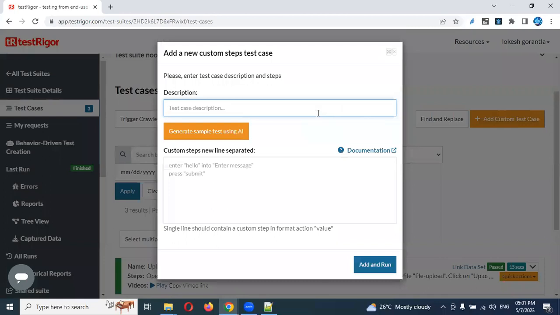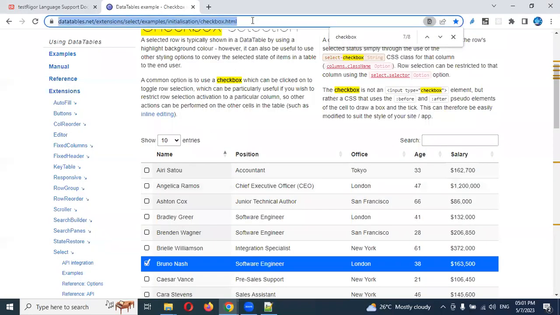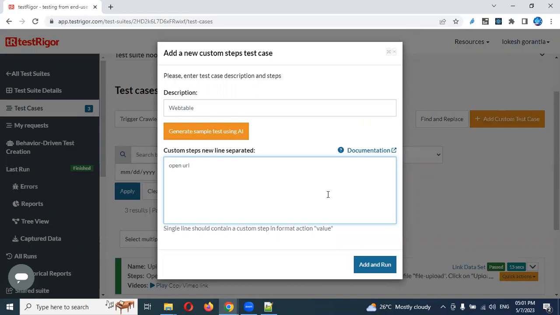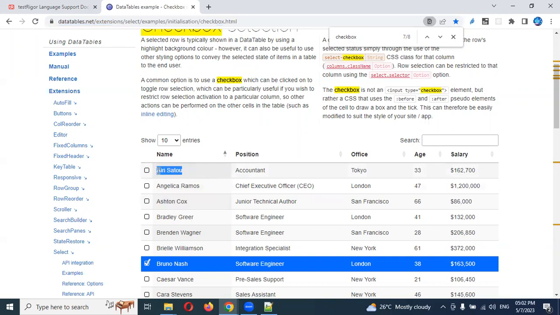For this I'm going to use a web table. First I need to open my URL, because it is open for the Orange HRM URL. That's why I'm going to change my URL. Then I need to click on a page. I need to click on checkbox. Click on my checkbox and colon, where we need to use to the left of, and which value you want to use. I'm going to use this value